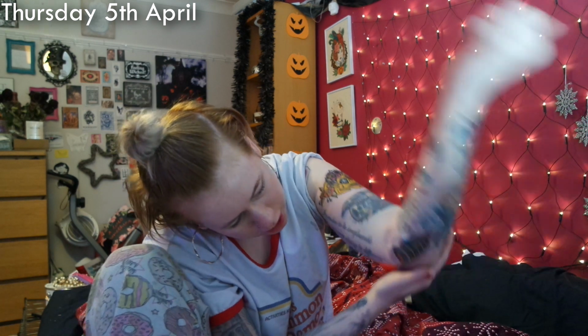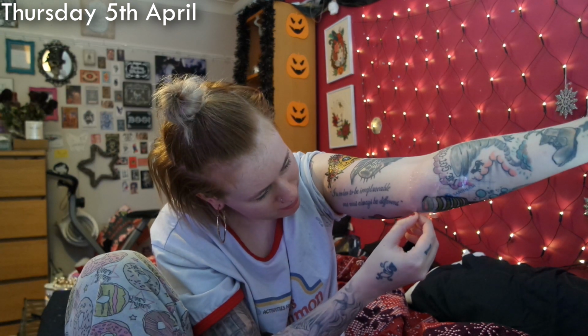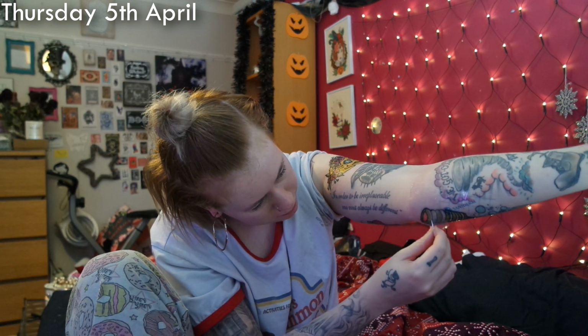Okay, well the key to Saniderm is no air bubbles, but when you're by yourself and it's in an awkward angle, it's just impossible. Right, now I've got to peel off the plastic bit. You sometimes have to warm it up as well, so it starts to peel. Oh, please behave. This is probably the most painful thing, and it's nothing compared to that soap. This is completely covered, I believe. I'm just hoping it stays. The only thing is, because it's on a bend, oh god, it's making my skin wrinkle up. You're not going to be able to see it, but anyway,